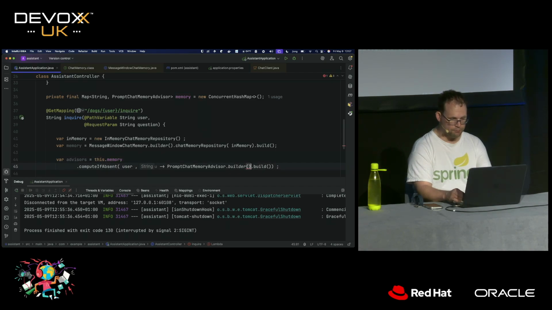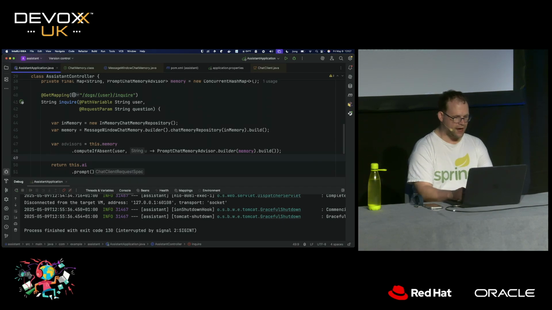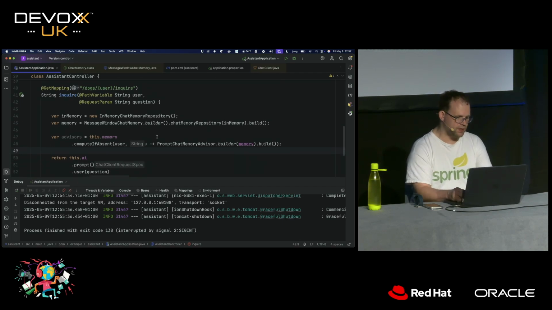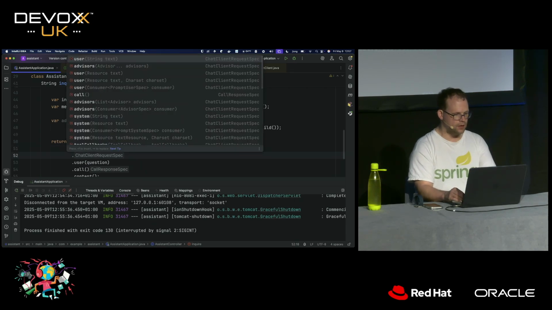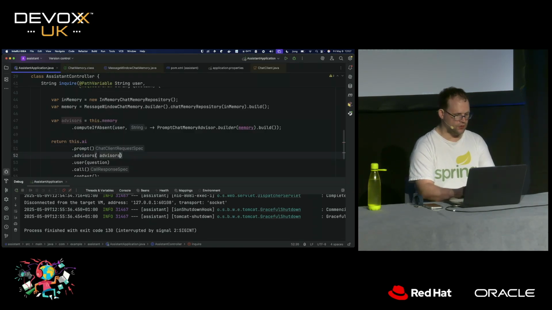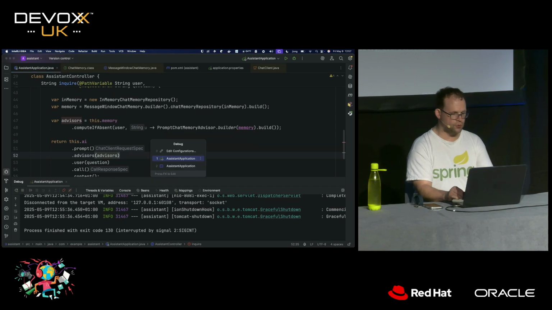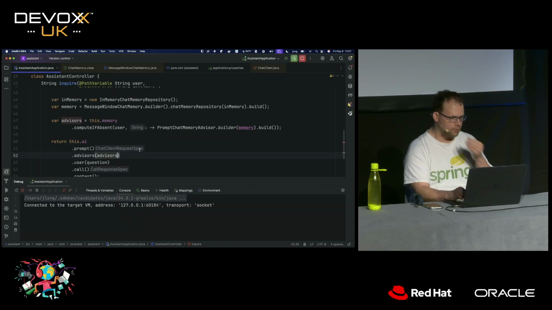And basically, we're going to compute this filter, this advisor, if and only if the user doesn't already have one. Otherwise, we'll just pass back the existing one, because that's the whole point. We want stateful transcripts of the existing discussion, right? Because they're going to forget otherwise. These models need to be reminded on every subsequent request that something has changed.